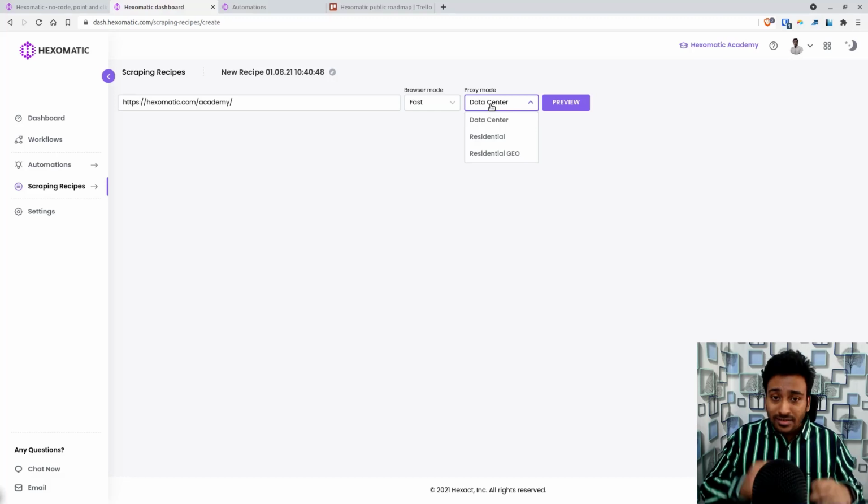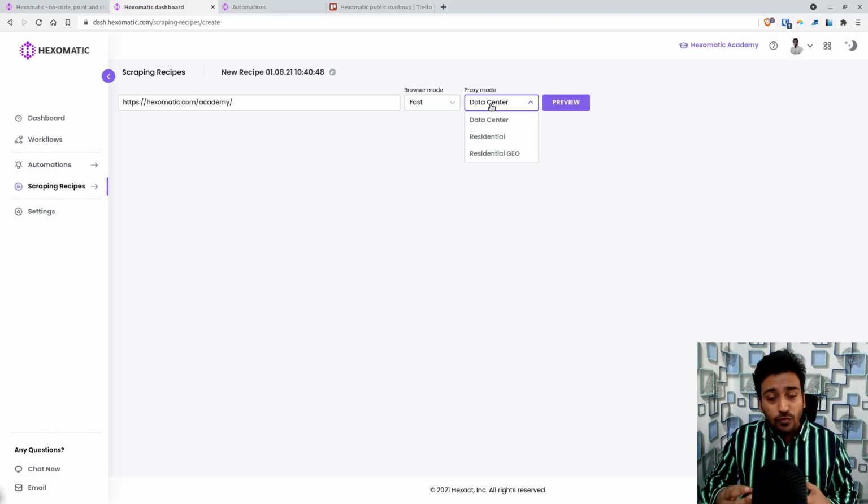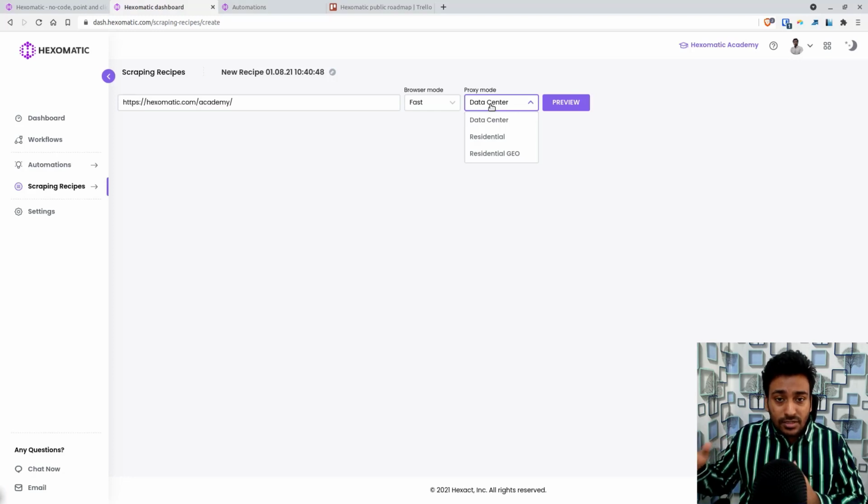Residential means residential proxies are usually much higher quality, because it is not just a server IP address, but actually IP addresses coming from mobile devices and desktops, from an end user's perspective. These kinds of proxies usually have a much better success rate and are hard to find out as automation or as part of a server IP pool.